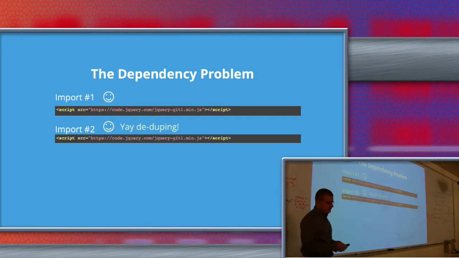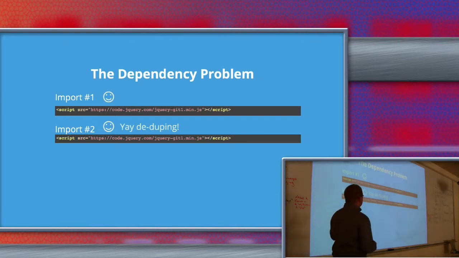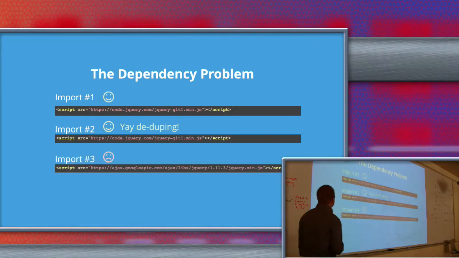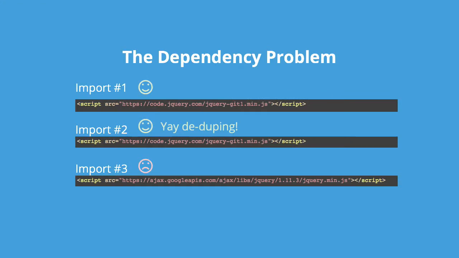I'm downloading jQuery 1 here, because that has old browser support. I don't want to have to download it twice. So cool. If I download the same exact thing, say I'm using this CDN here, then I'm good. All deduped. Until one component decided it was going to download jQuery from another URL. It was downloading it from a different CDN in here, Google API's CDN. Well, now